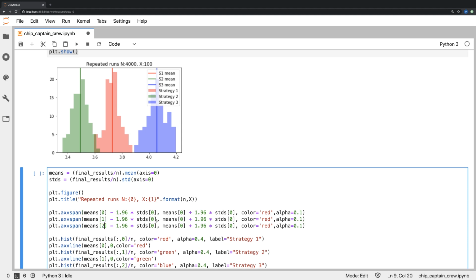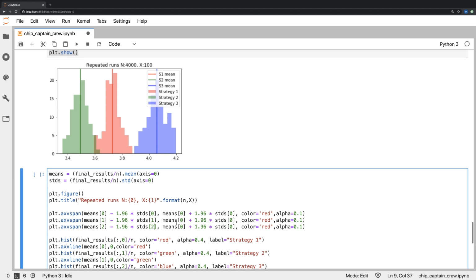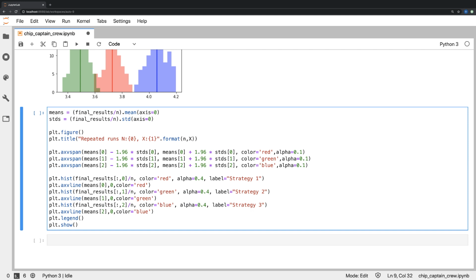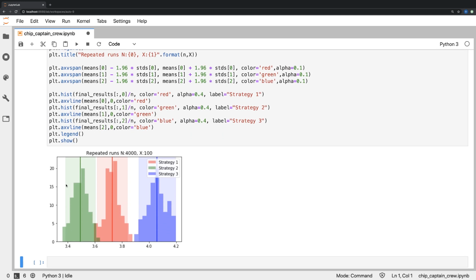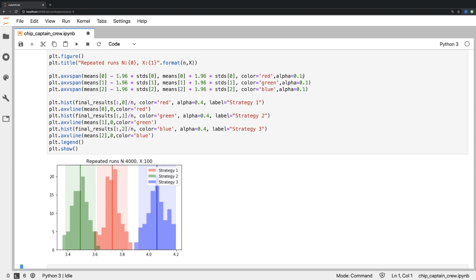And let's change this. Red, green, and blue. Okay, let's run it. So you see that the confidence intervals appear back there with the alpha value 0.1, quite transparent,